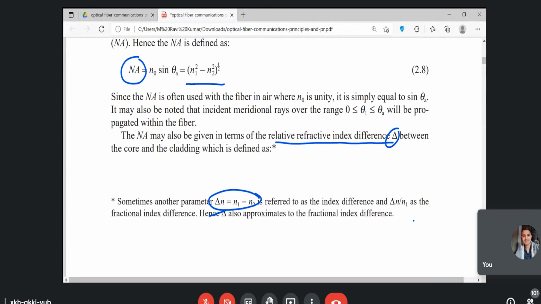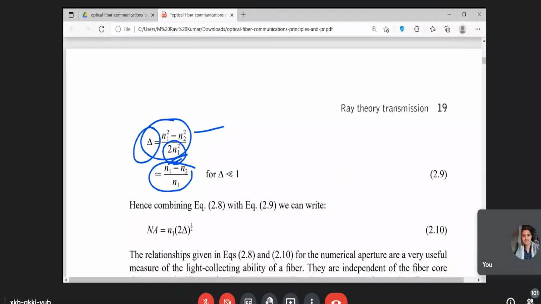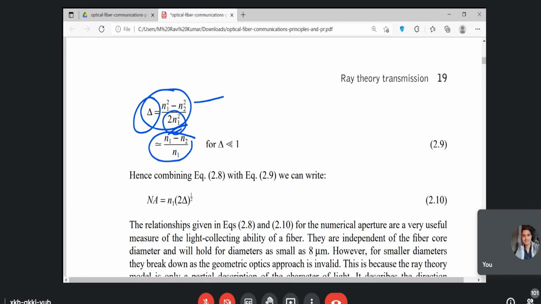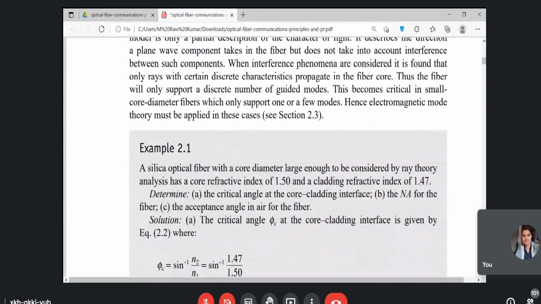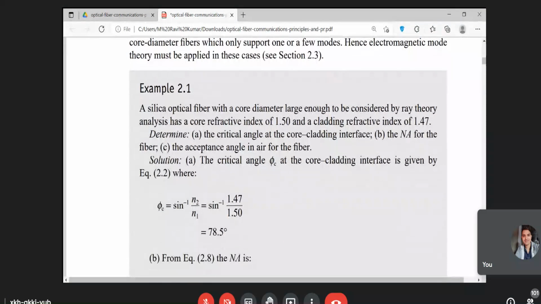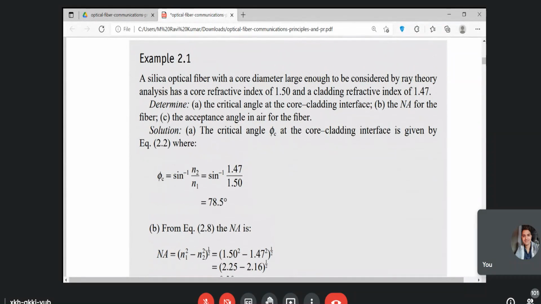This can be approximated as n1 times square root of 2 delta. I hope you can follow this, it is simple algebra. So this is a simple example of how you can identify